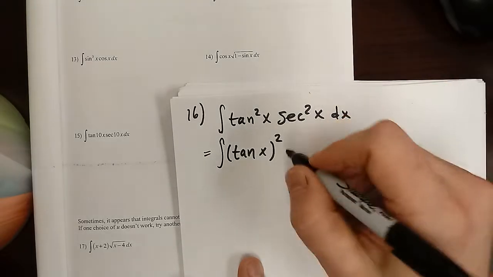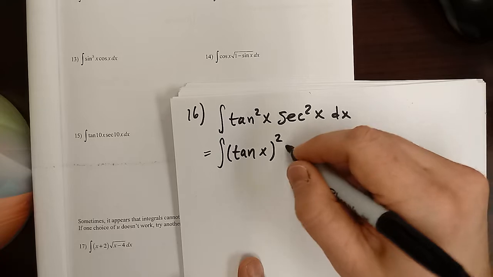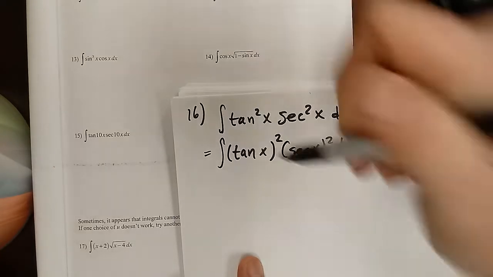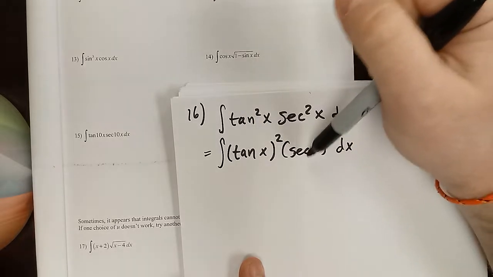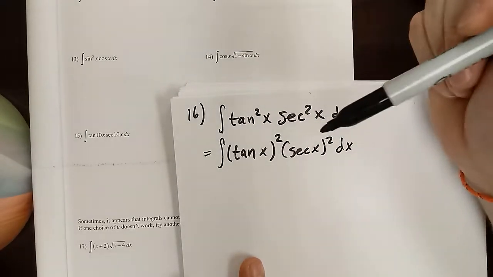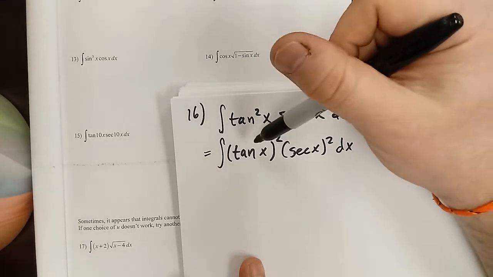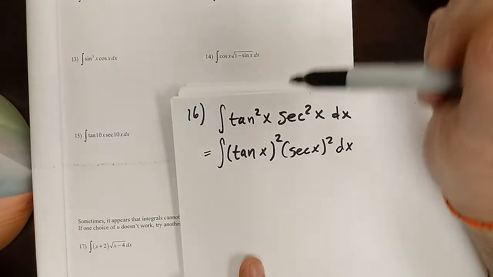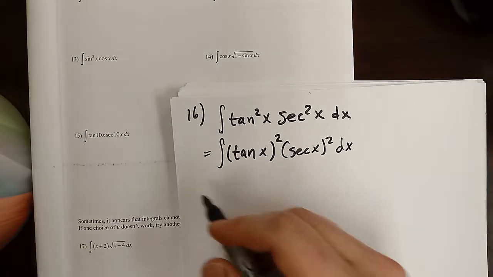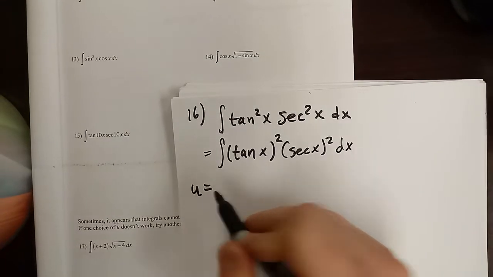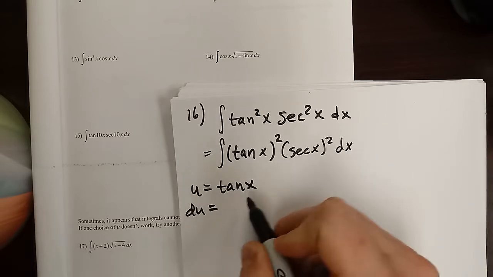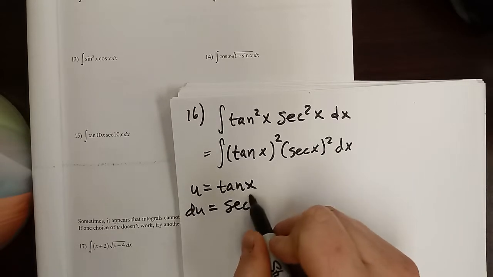You could have thought tangent x squared and secant x squared, and then thought about, okay, what's the derivative of this? What's the derivative of this? And it turns out the derivative of tangent x is secant squared, so there's our winner. So I'll say u is equal to tangent x, du dx is equal to secant squared x,